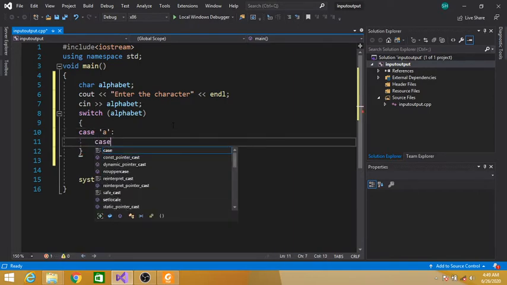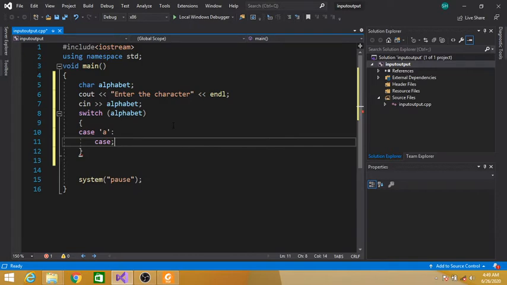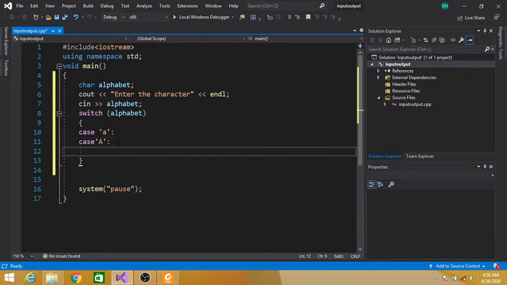Case. We have to compare with both uppercase and lowercase letters, because uppercase A and lowercase a are both vowels. So we have to compare with both of these. If it matches with either uppercase or lowercase A, then we will display that it is a vowel.